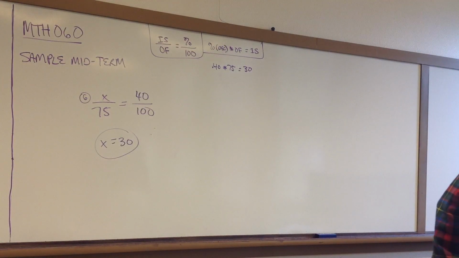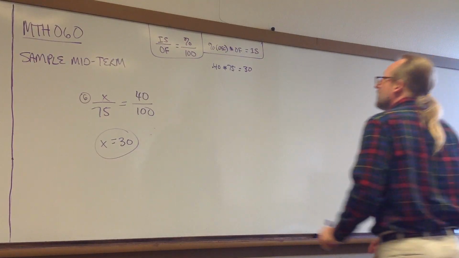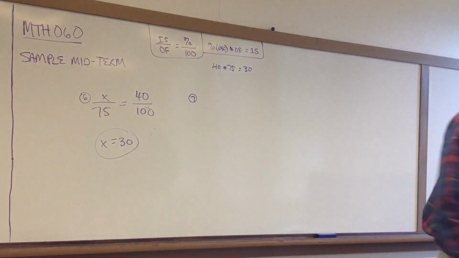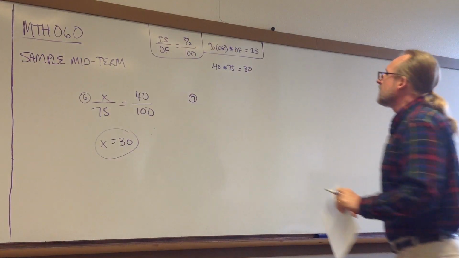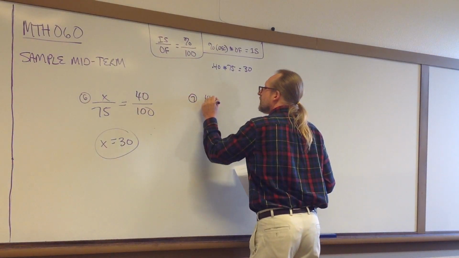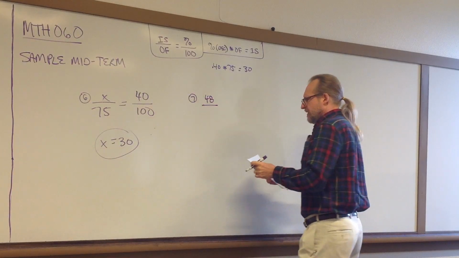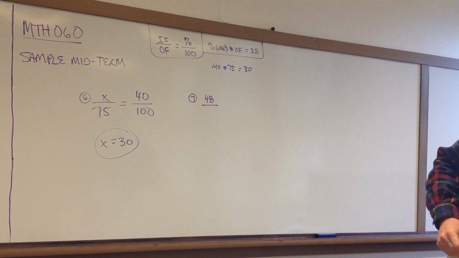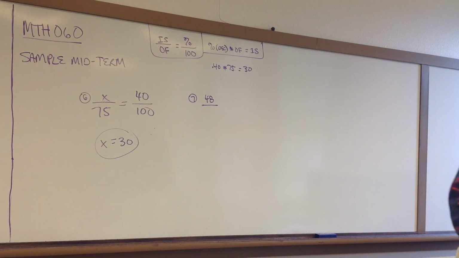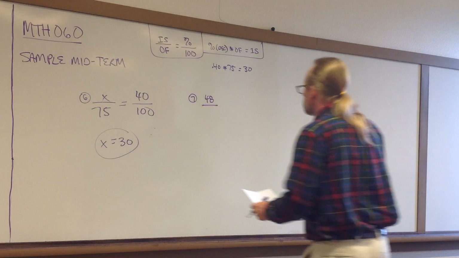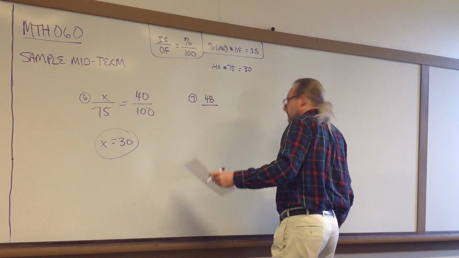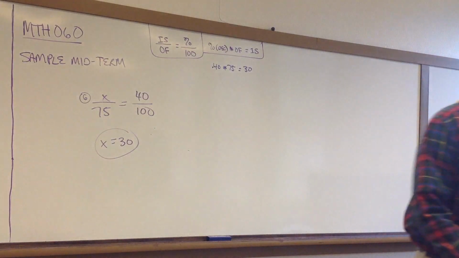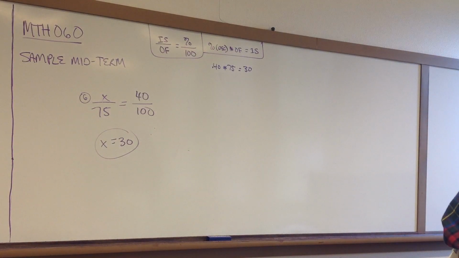Let's see here. All right. Problem 7. 48 is, all right, so that means 48 is 75%. Let's see here. Yeah, I just did this one. This is actually problem 1 again. So I'll fix that before I post the test. I thought it sounded familiar. But